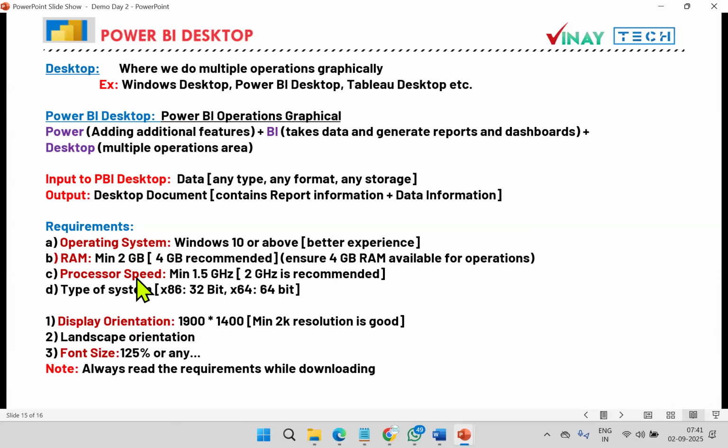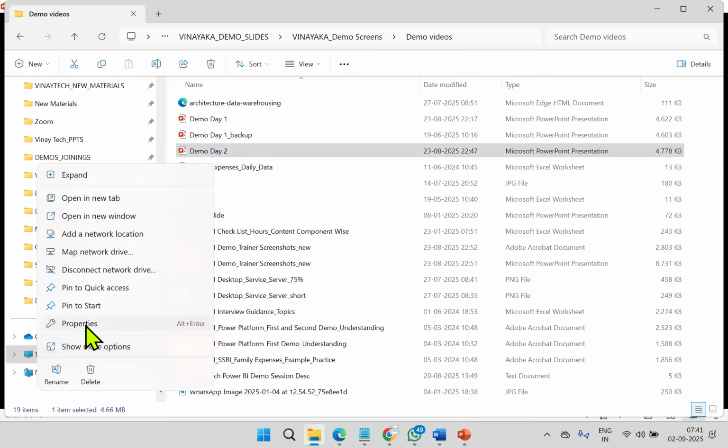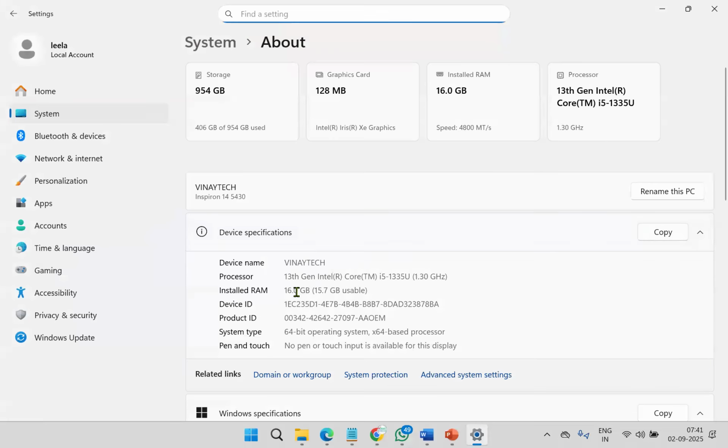Sir, where can I see these settings? Very simple. Go to This PC, right click, Properties. In your machine, This PC Properties. See my processor, my RAM, my system type, 64-bit. Here also you can see all the details.